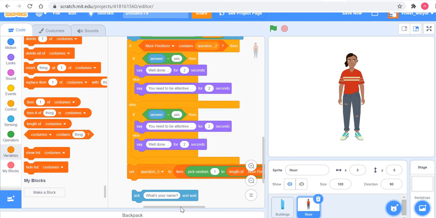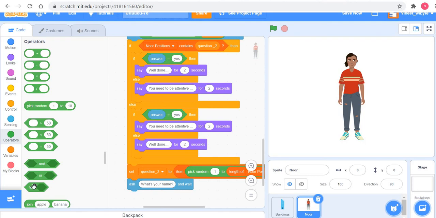And the question I'll ask now is a little bit complicated, but it's okay, right? So I'm going to ask myself, let's say, I'm going to ask Noor to ask me. In the operator, I use two of these, join apple banana, right? And the way I ask myself this question, maybe I'll do this in two steps, right? Here, I put this here and I'll say, at which position, right?